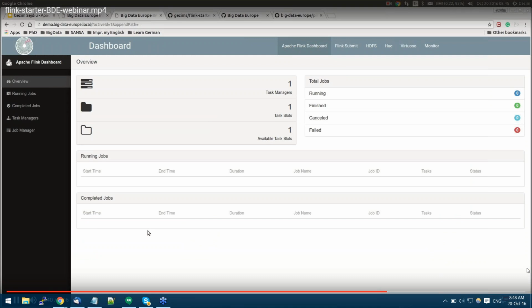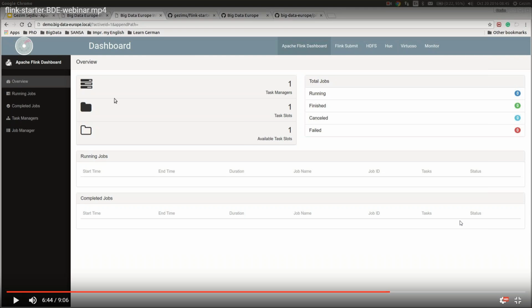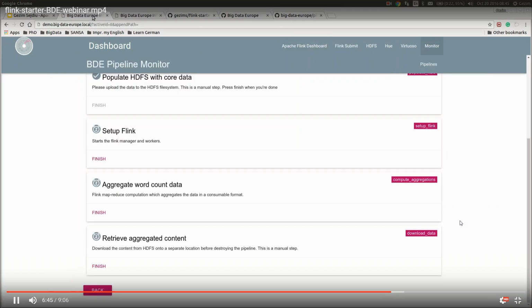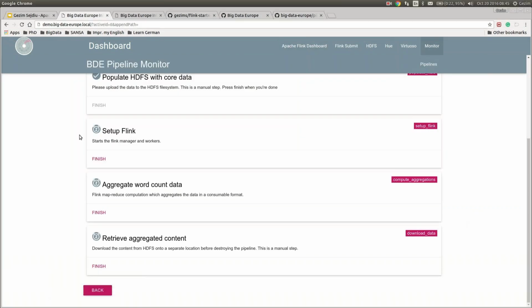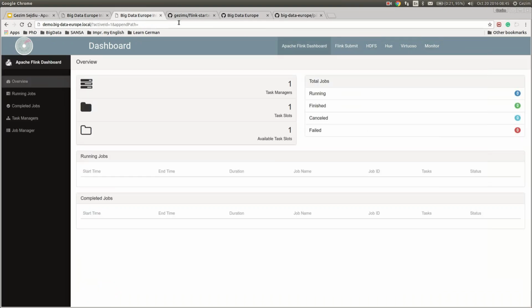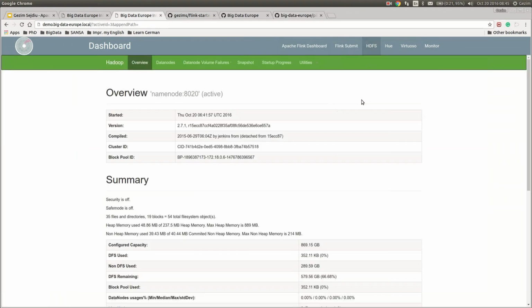We can see that there is no job running right now. Let's play the demo application which does a word count by starting the Flink job and see the output of the data on Hue on HDFS, which contains the data over here.